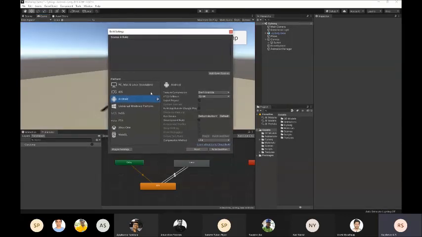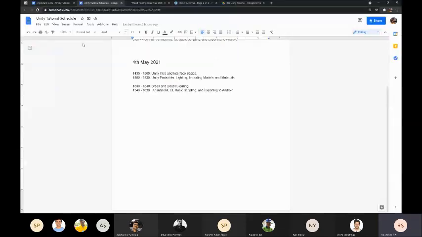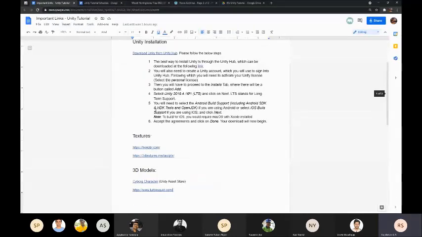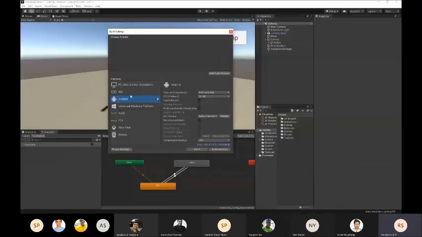And you have to make sure that the Android development tools are installed when you're installing Unity. I have included that in the instructions over here, right? After you select the Unity version, you'll need to select the Android build support if you're using Android, or select iOS build support if you're using iOS. Without those additional SDKs, you won't be able to develop for Android or iOS or any of these OSs.